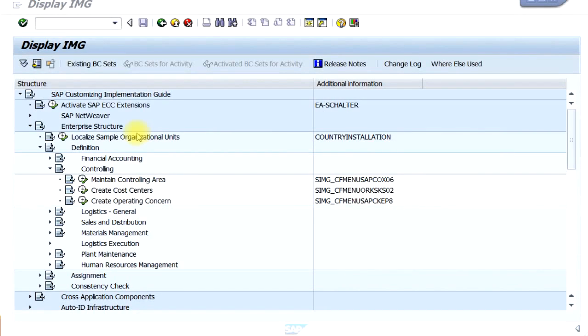Now, before you create the cost centers in the system, you have to define the controlling area to create all these cost centers. Now, what is this controlling area? You will discuss it in more detail in the CO module, but for now, just to give a basic idea, all the CO objects like cost centers, profit centers, internal orders, and so on, have to be assigned to